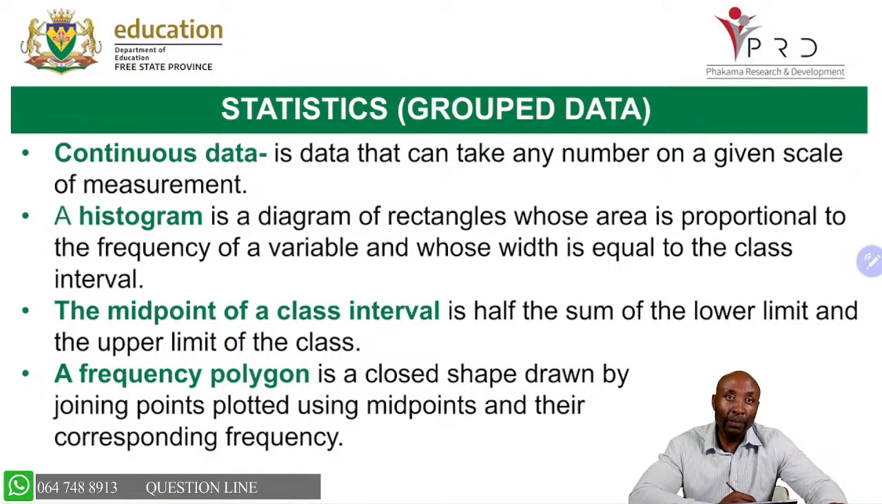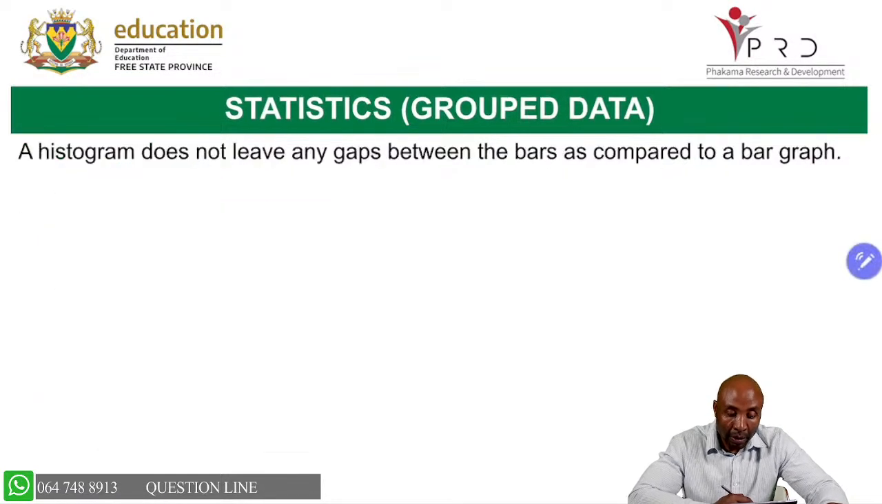We just join the midpoints of the frequency of our histogram. So we plot the midpoints of our histogram, then we join the points. We come up with a frequency polygon. Moving forward,